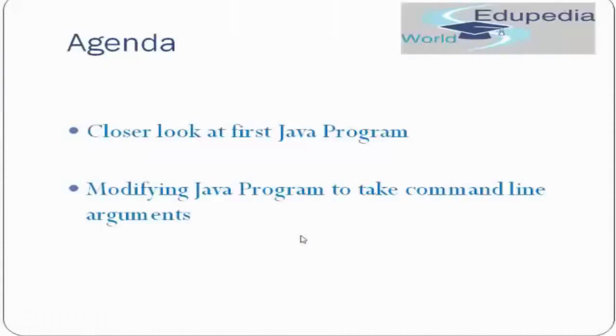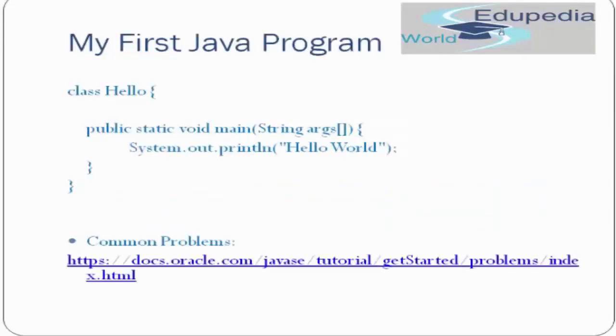The agenda for this tutorial is we'll take a closer look at our first Java program that we created in the previous tutorial. Then we'll be modifying our Java program to take command line arguments. So let's begin. Just to recap, this is our first Java program that we created in the previous tutorial,